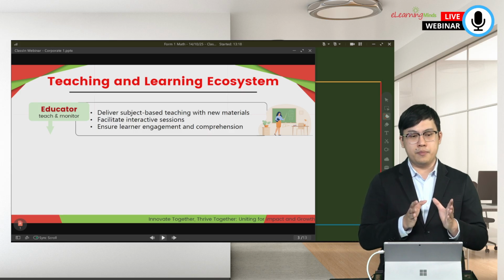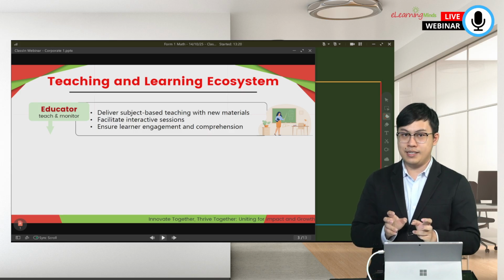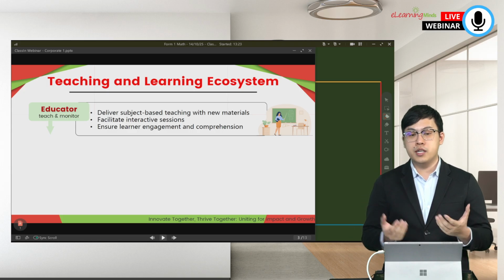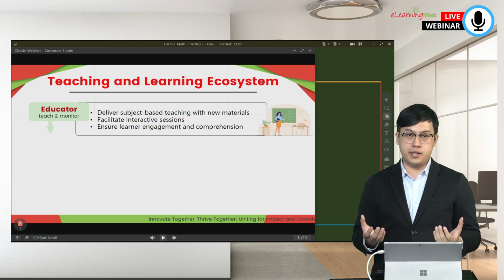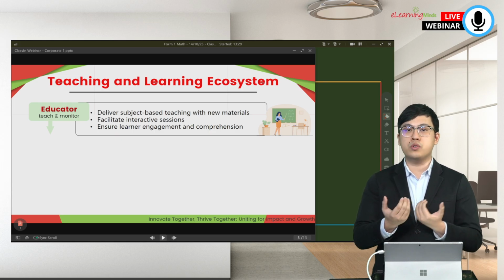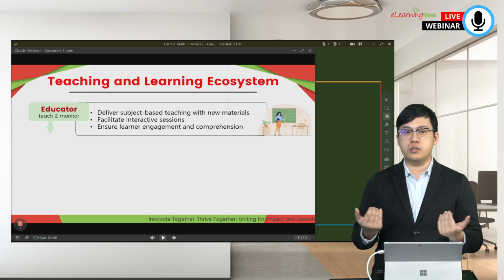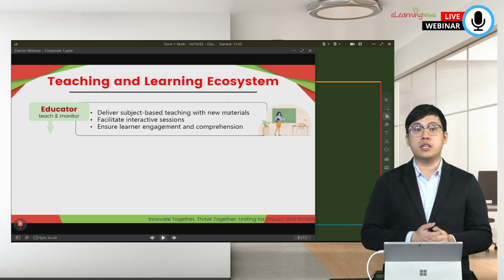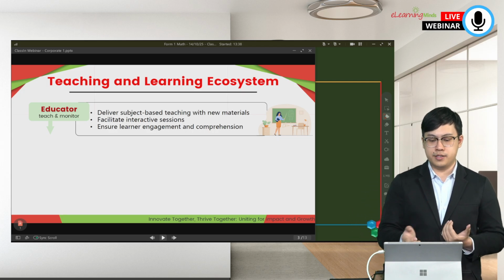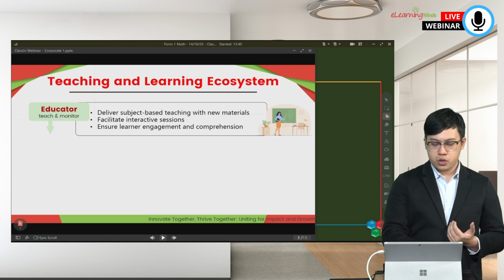How can it be personalized? So-called personalized, because different groups have different learning styles. They have different learning speeds. So how does the teacher do the personalization? It becomes a lot of work that the teachers need to do. And about the enhanced engagement part, when it comes to students